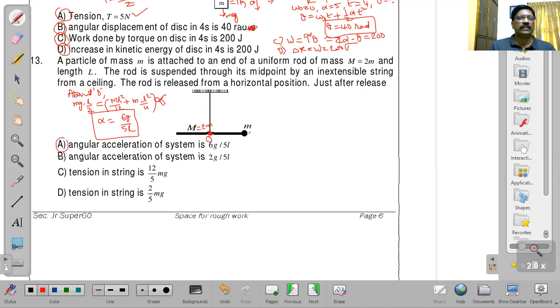So option A is correct. Next, B is not correct. If A is correct, then what about the tension? They asked for the tension in the string. To find the tension in the string,